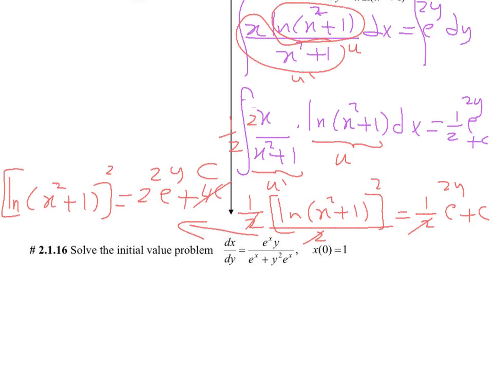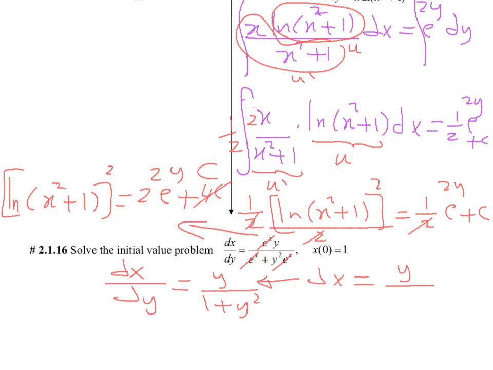The last exercise, which is very simple, there is a common factor here, which is e to x. It will cancel with this, and you are going to end up with dx dy equal to y divided by 1 plus y squared. This is again a function of y only, so it must be separable, and you can write dx equal y over 1 plus y squared dy. Integrate both sides, so this is x equal 1 divided by 2 ln 1 plus y squared plus